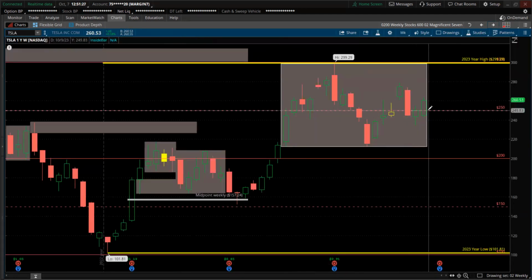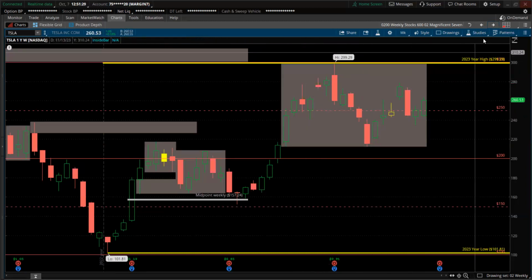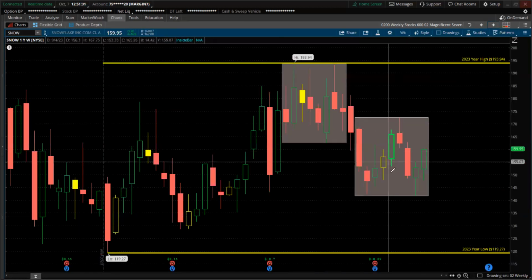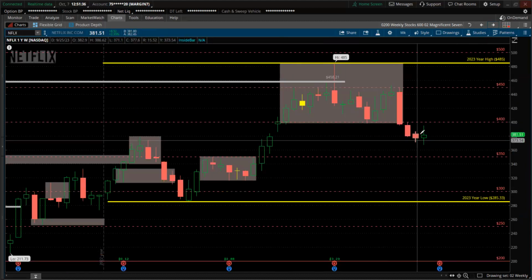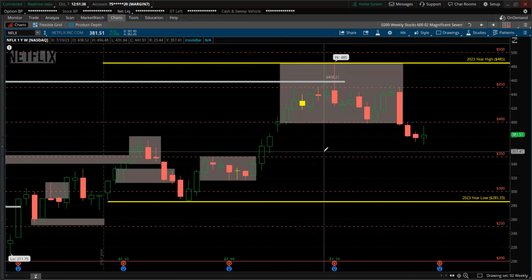NVIDIA, green, higher high, higher low. Tesla, green, higher high, higher low. Huge choppiness in here. Snow, green, higher high, higher low. And Netflix, green, but high and low. Yeah, so Netflix,